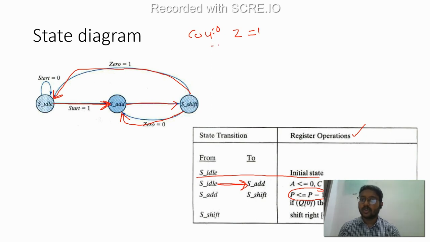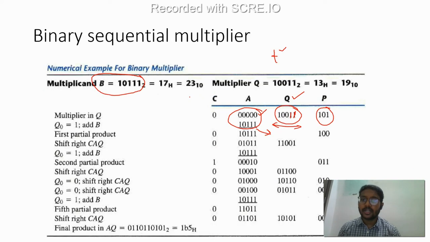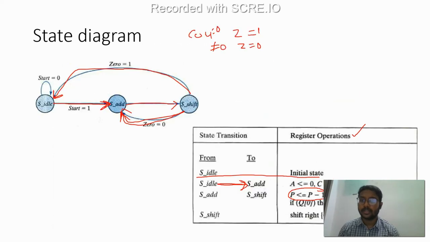But if your counter is not 0, then your zero flag is 0, right? If your zero flag is 0, then you should again add and shift, add and shift, add and shift, add and shift. How many times should you add and shift? Till your counter reaches 0. Okay,